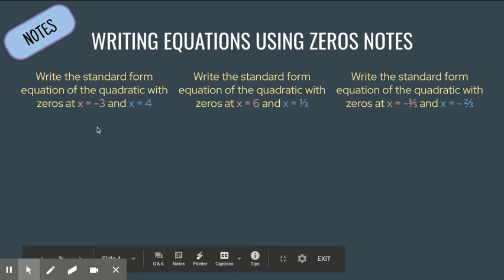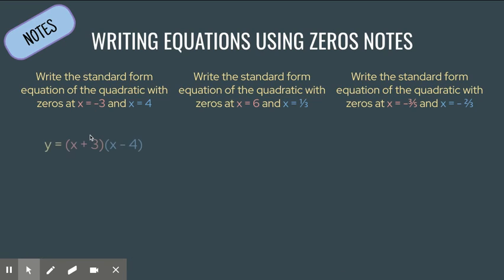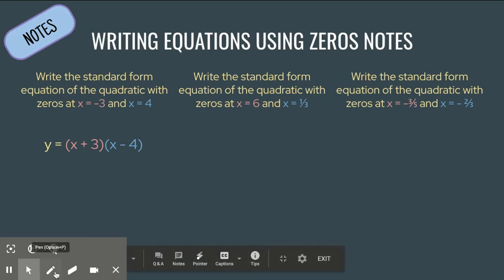So on this first one on the left, you have zeros of negative 3 and 4. The negative 3 is going to become x plus 3, and the 4 is going to become x minus 4. Just like we did on the last slide, but backwards. To make them back into factors, you just switch the sign and you put a y equals in front. Okay? And then what we're going to do, because it says write the standard form of the equation,